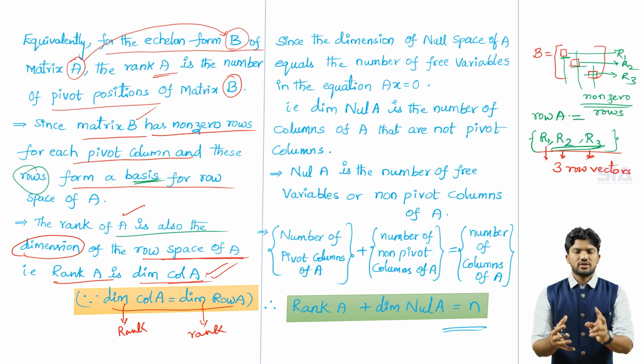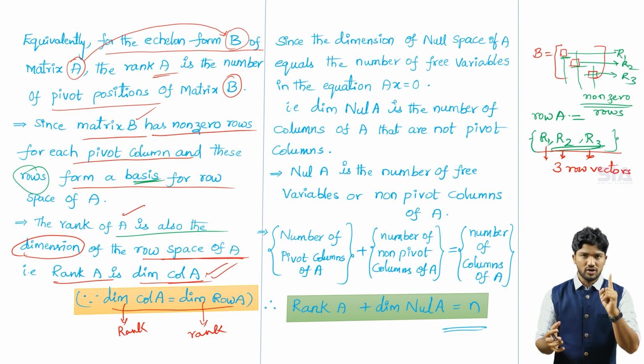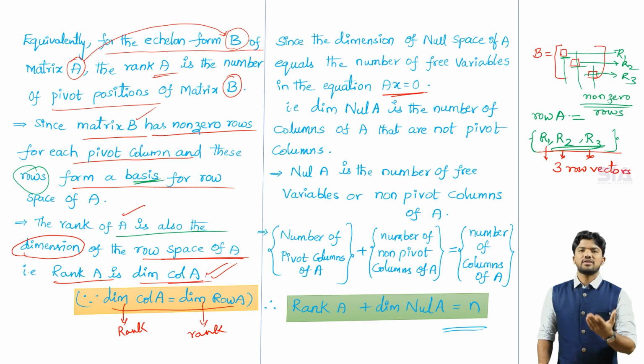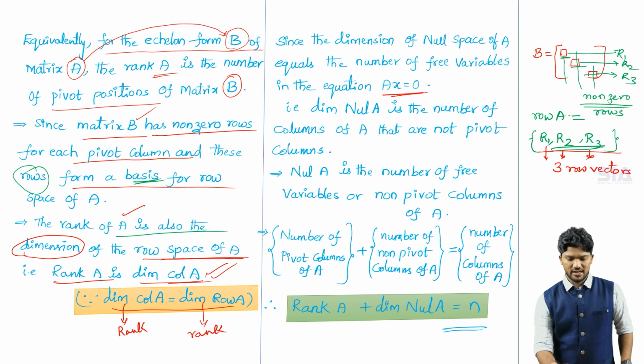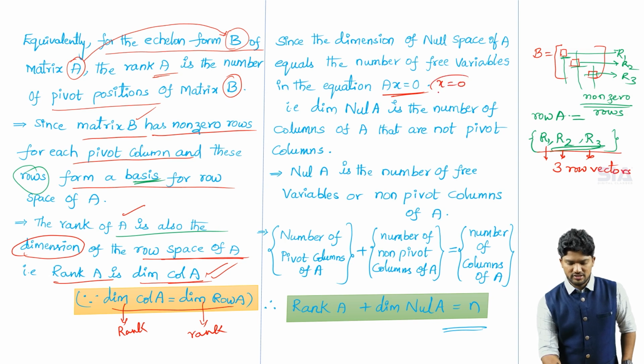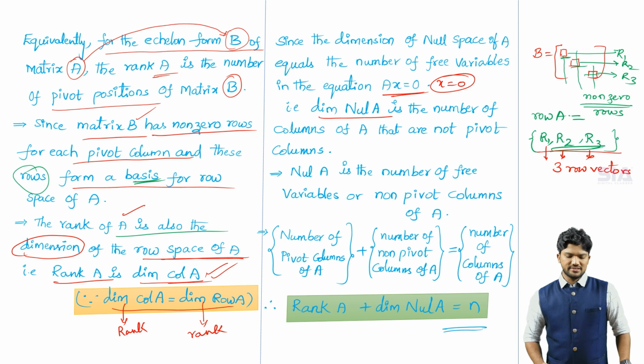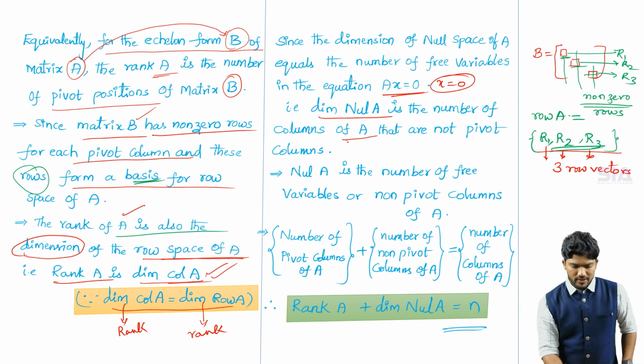ఫ్రీ వేరియబుల్స్ ఉంటే, టూ ఫ్రీ వేరియబుల్స్ ఉంటే డైమెన్షన్ 2 అని చెప్తాం, 3 ఉంటే 3 అని చెప్తాం, ఓన్లీ 1 ఉంటే కూడా 1 అని చెప్తాం. ఓకే, సో దేర్ ఫోర్ Ax = 0 కి ఎన్ని ఫ్రీ వేరియబుల్స్ ఉంటాయమ్మా, మాక్సిమం అది నల్ స్పేస్ కాబట్టి దేర్ ఈజ్ నో ఫ్రీ వేరియబుల్స్ అని చెప్పేసాం, ఎందుకంటే దిస్ ఈక్వేషన్ హ్యాస్ అ ట్రివియల్ సొల్యూషన్ x = 0. ఓకే, సో therefore dimension of null space of A is the number of columns of capital A that are